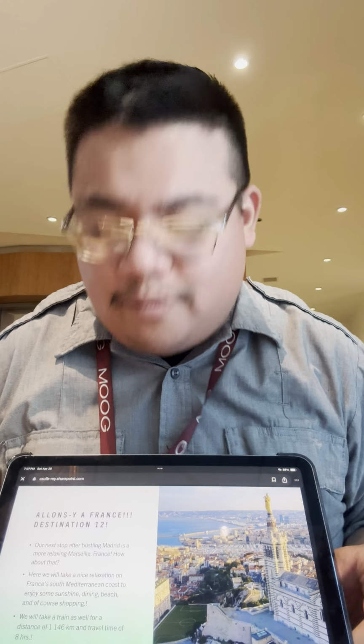Anyways, let's move on. So now we've come to destination number 12, and I welcome you. Bienvenue à la France. So our next stop is going to be, we're going to stay on the Mediterranean because France's Mediterranean coast is really beautiful. It has a Mediterranean climate, which is very similar to here in LA. There's a lot of nice little towns that we can see, but before we get there, we're going to be